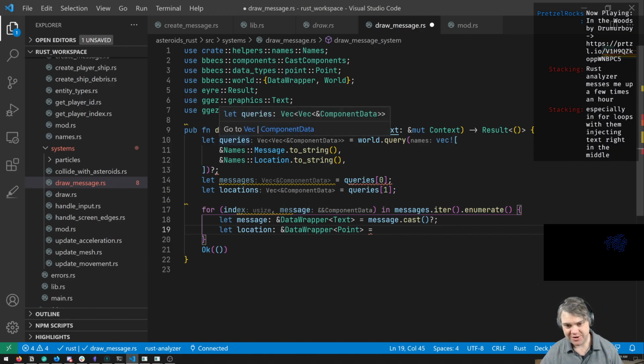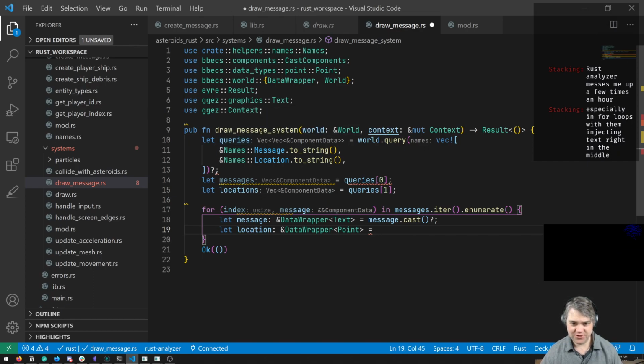Or like this one, I don't know if you saw, when I was starting to write the query, it was like, okay, your next piece of code after 12 characters is over here. And I'm like, thank you so much for that. No, I'm done.